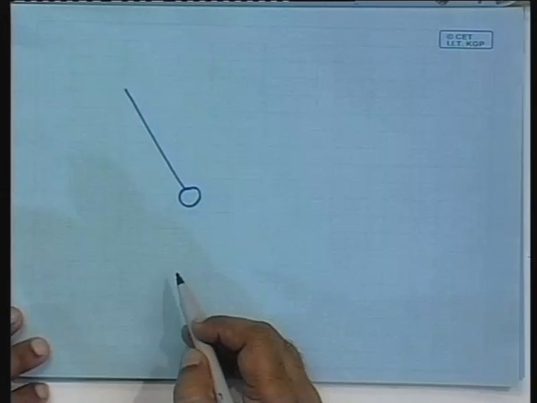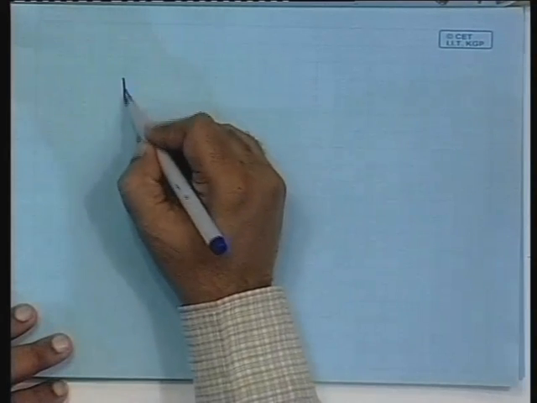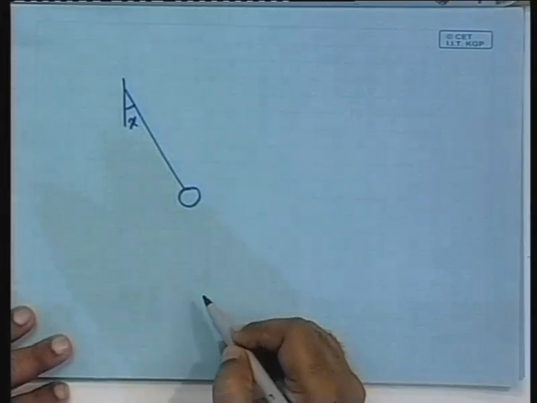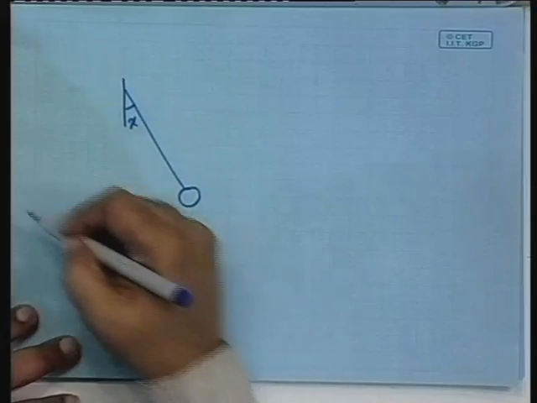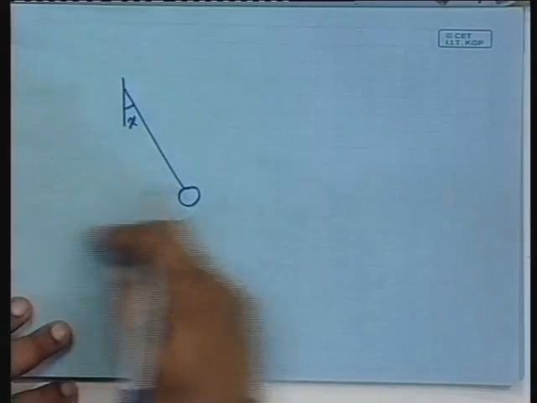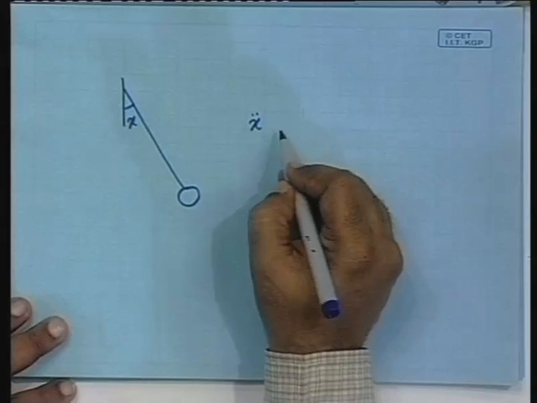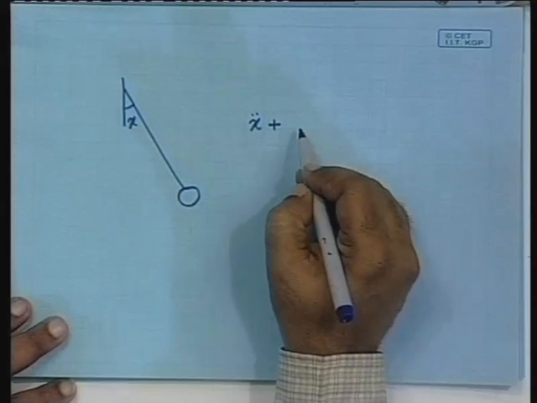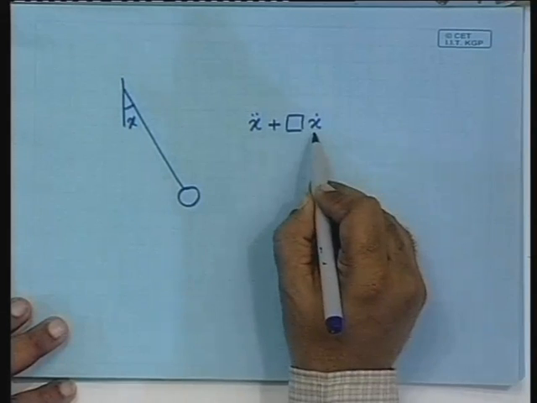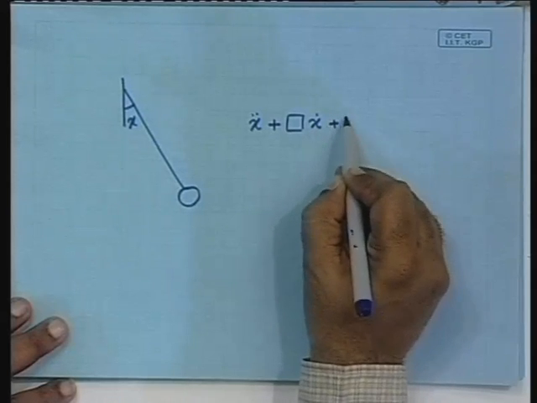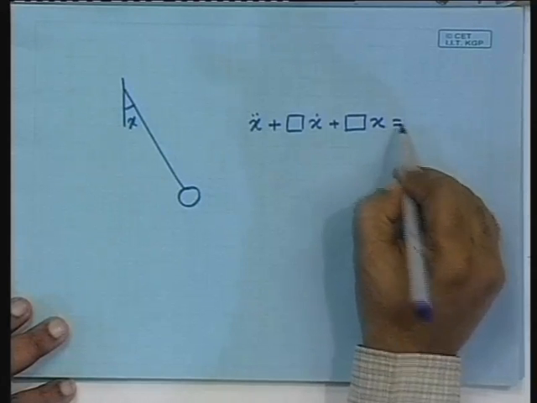If it is a simple pendulum, its equation would be, if say this is your x, the normal theta would now be called x, because that is the only variable necessary in order to specify its position. So, it would be x double dot plus something times x dot, this is the dissipation term, plus something times x is equal to